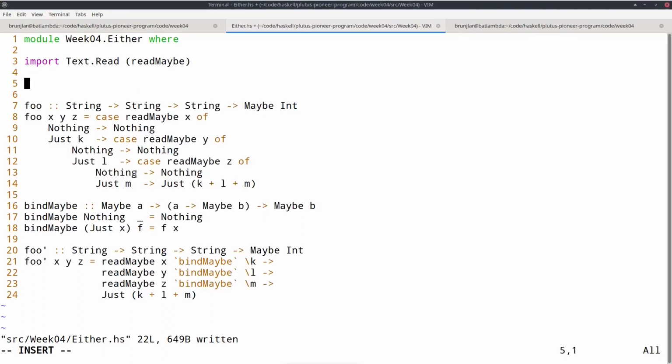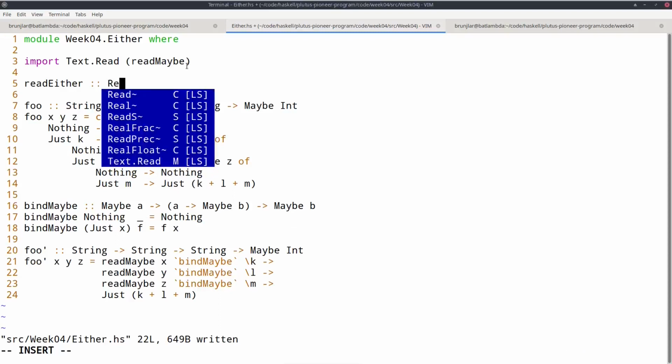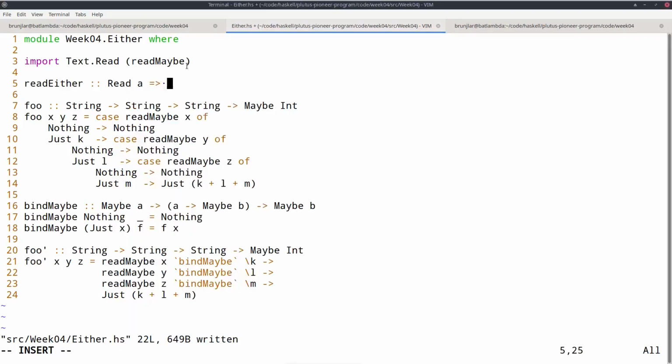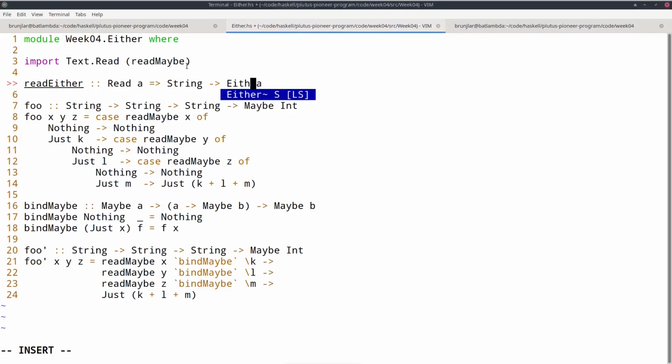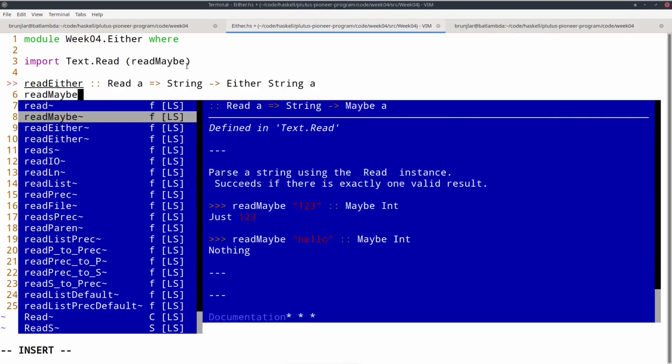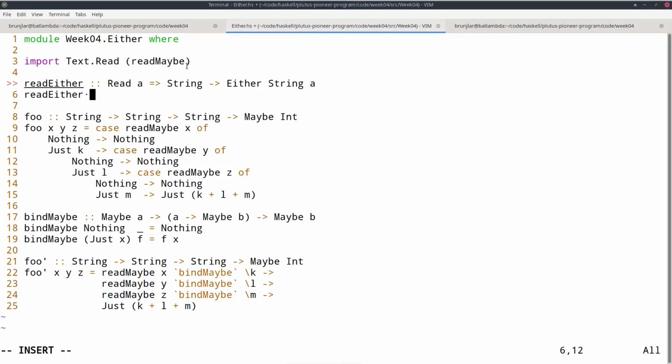And the read maybe returns a maybe and not an either. So let's first define something. Let's call it read either. So read maybe has type read a, string to maybe a. That would be the type of read maybe. But now let's replace this with an either string a. And we can implement this in terms of read maybe.